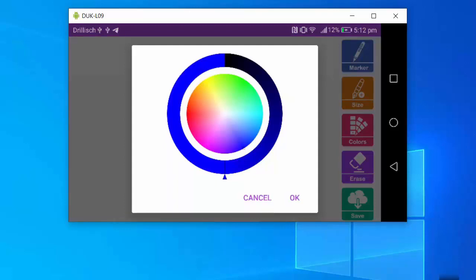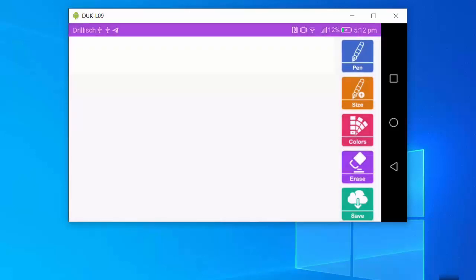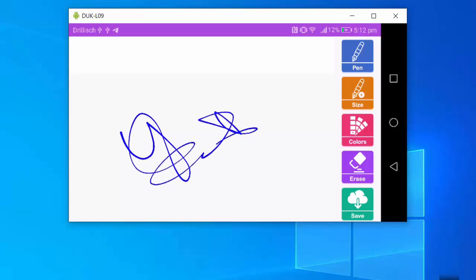I'm going to go with the blue color signature, and I'm going to use the pen for that. Once you are ready, you just need to draw your signature with your finger. It's very simple. I'm going to draw my signature here, and once it is drawn, I can click on this green save button.